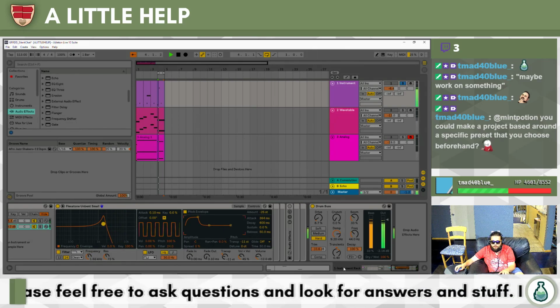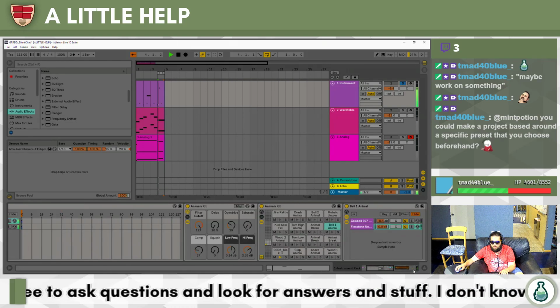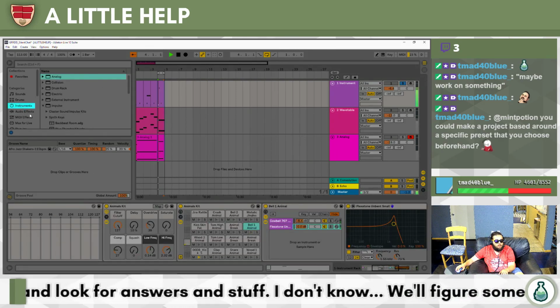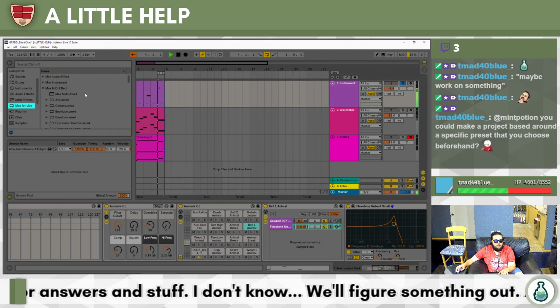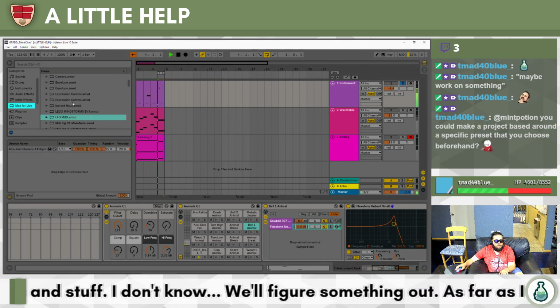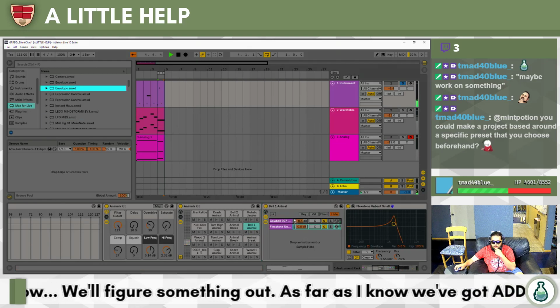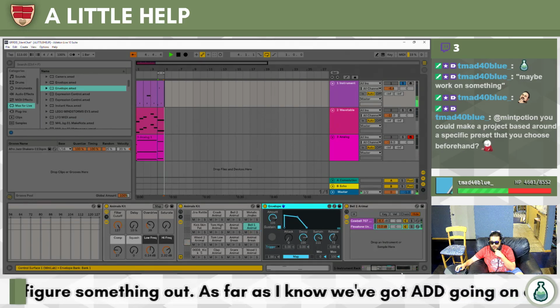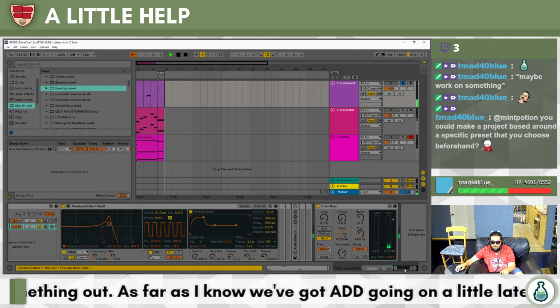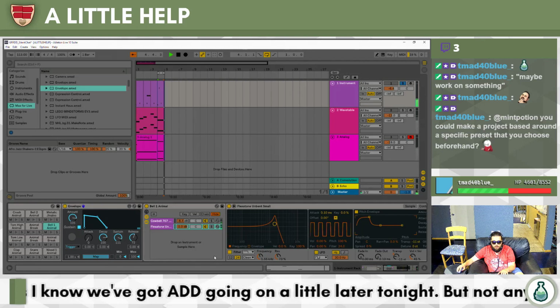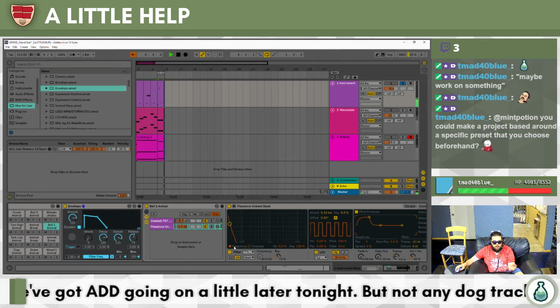I want another LFO. Can I put that before the sky? Like, this is an envelope, wouldn't it be? Right here. Right, so that'll trigger this envelope, and I can send this to the frequency.